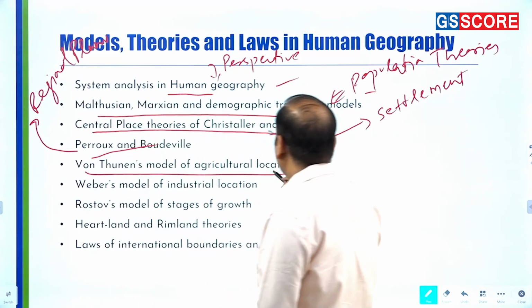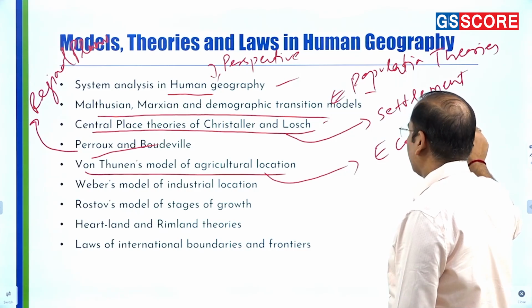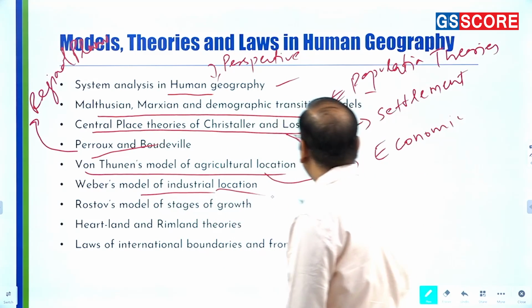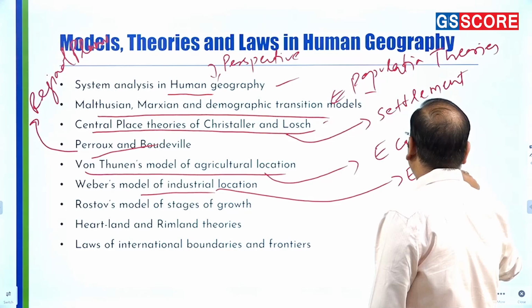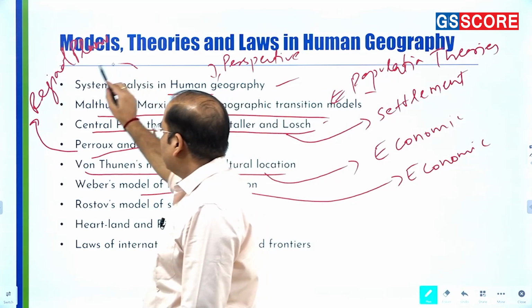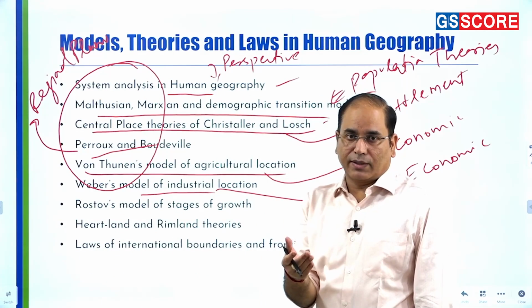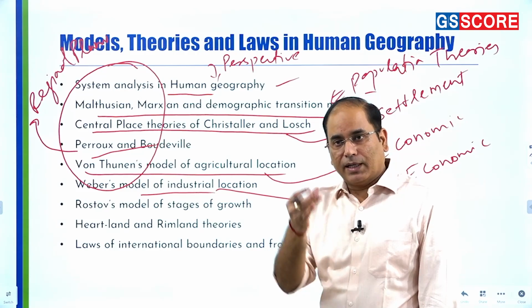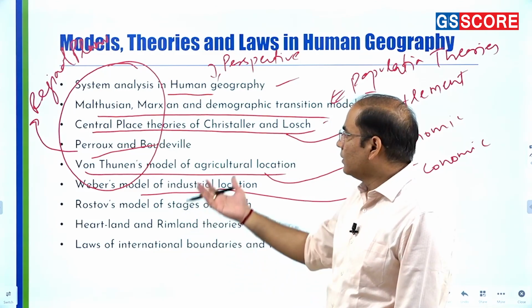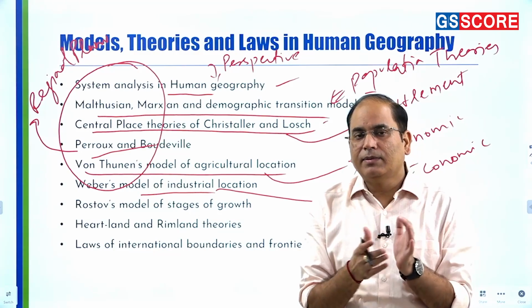Then von Thünen's model of agricultural location, economic geography. Then Weber's model of industrial location, that is economic geography. So in fact you can say these are nothing but a repetition of the topics you have already studied in the earlier chapters, because von Thünen's model of agriculture,